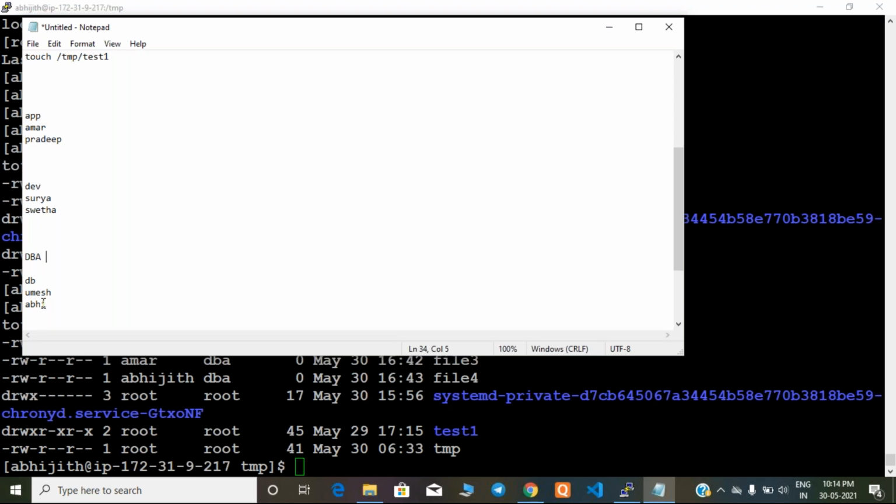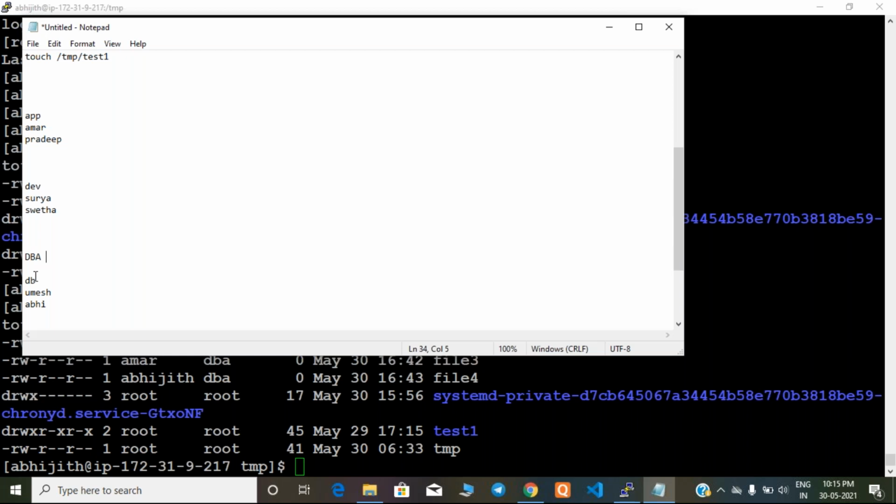I will add that user also into this group. Now onwards, the owner will get the access, and the group also will get the access. Yes or no, guys? Did you understand the purpose of a group in real time for Linux servers?